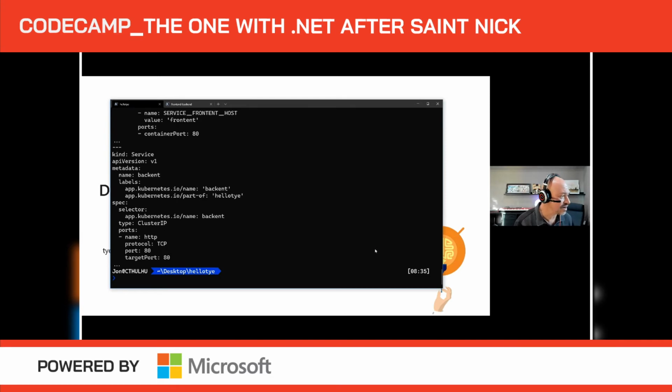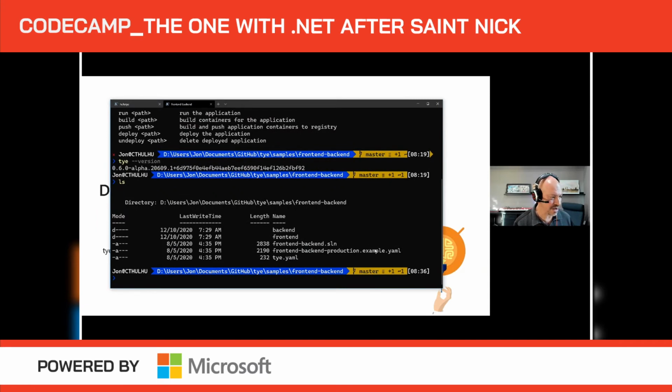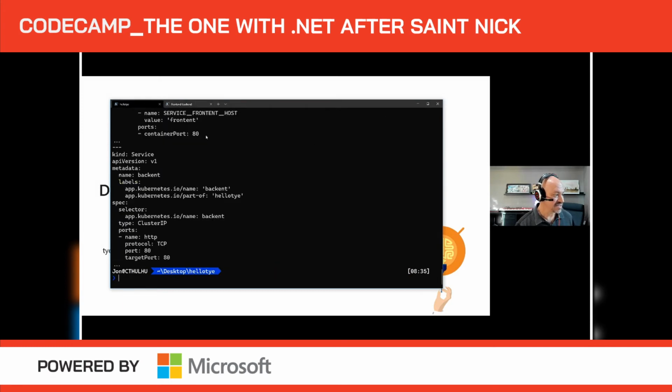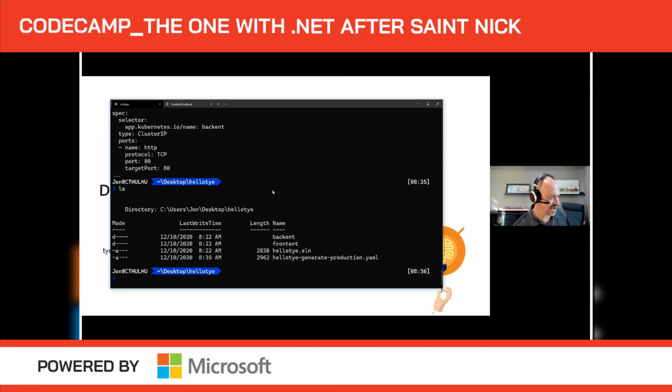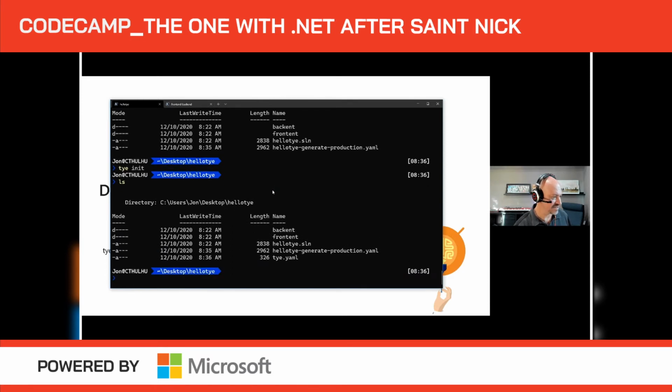So there's a few things that I'll want to do with this. Here I've got a slightly more complicated front end, back end, and I've actually got a Tye YAML. Tye YAML is if I want to go in and customize things, like for instance, adding in a Redis, adding in other Docker containers, doing more complex stuff. So in order to do that, I've gone back to my command line, very simple one. Here all I've got is front end, back end, and hello. I can do Tye init, and it's going to create this Tye YAML file for me. So if I say cat Tye,